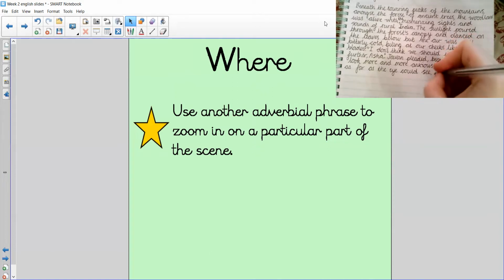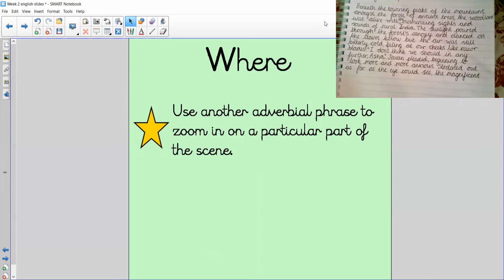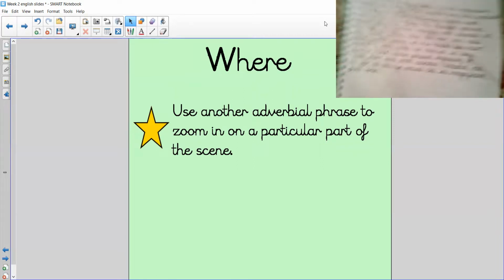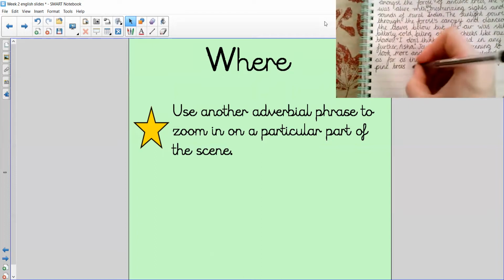Now I'm going to talk about the pine trees. Now, how do I want to describe them? Well, I think I'm going to use that word magnificent, because they are very grand and tall and they've been there for years and years. The magnificent pine trees. So that's my subject. Now I'm thinking, what do I want to say about my magnificent pine trees? Well, actually, I think I want to describe how they're covered in snow because we're in the middle of winter.